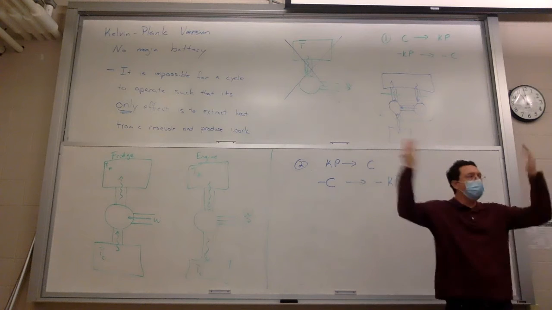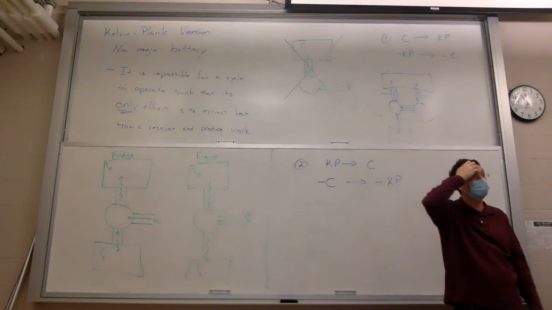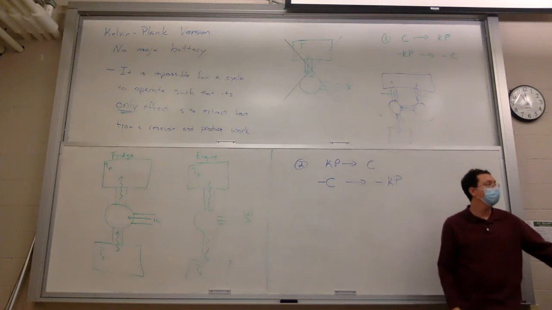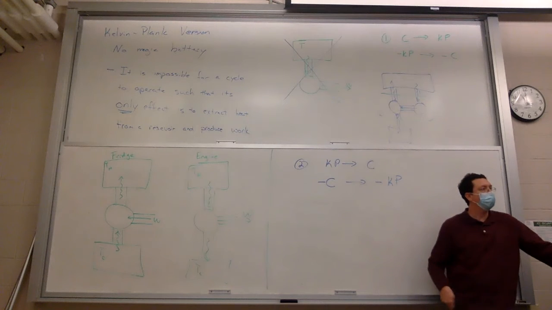So the engine's dumping heat into the room. What could you use the magic refrigeration unit to do? Yeah, you could just turn around and suck the heat out of the air and put it back into whatever the hot reservoir was. So that basically the air played no role, because the heat into the air was immediately sucked back into the hot reservoir. And so you could effectively get rid of it.